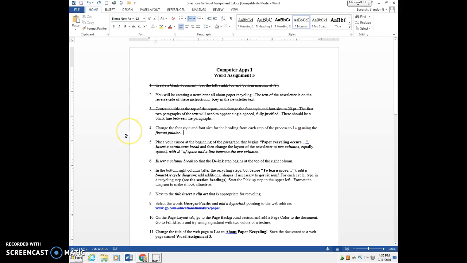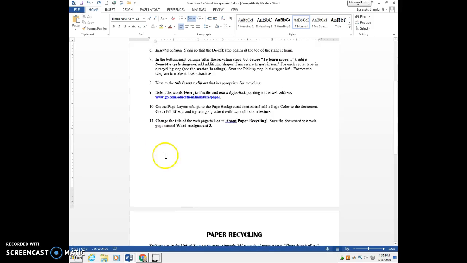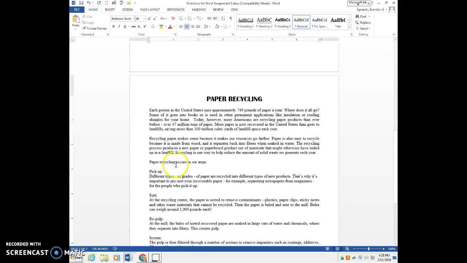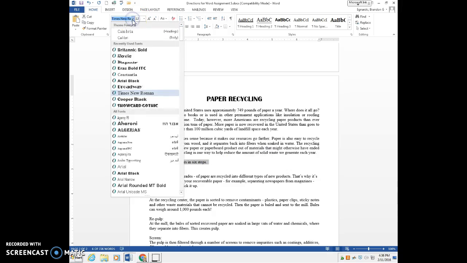Step 4, change the font style and font size of the heading from each step of the process to 14 point using the Format Painter. Like I said, for that rule of thumb, I want to use the same font as my heading. So for each of these, including this, I'm going to change it to the one that I just used, which was,